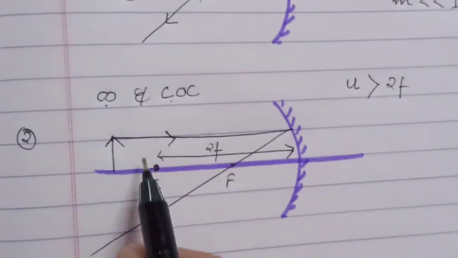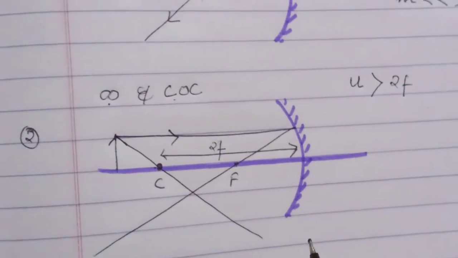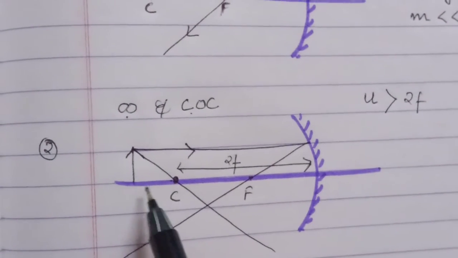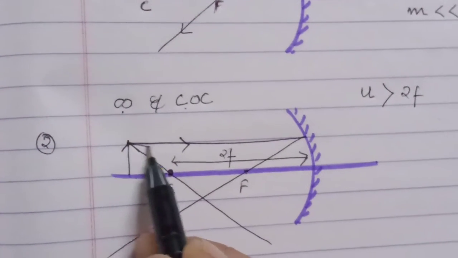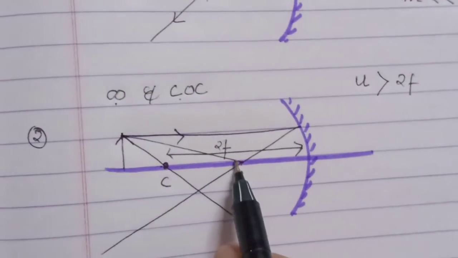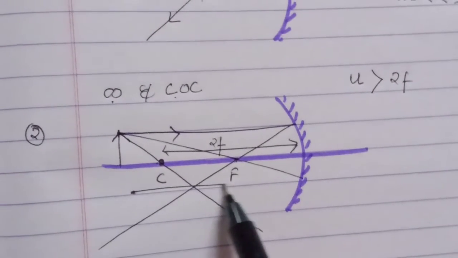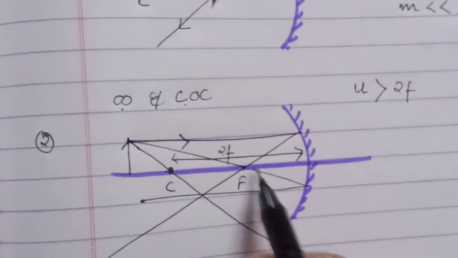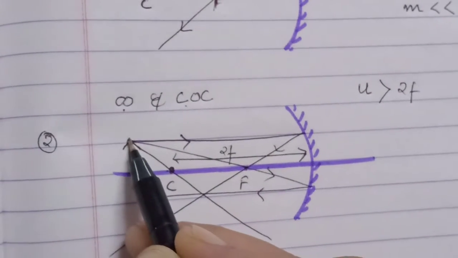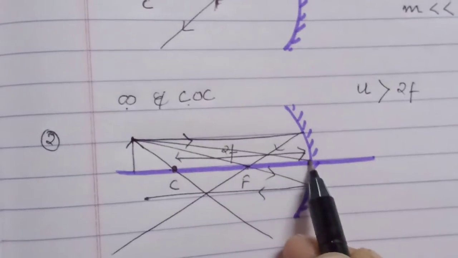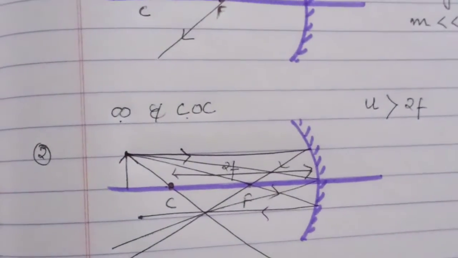The second ray comes through the center of curvature. The third ray comes from the focus, and the fourth ray comes from the pole. Okay,